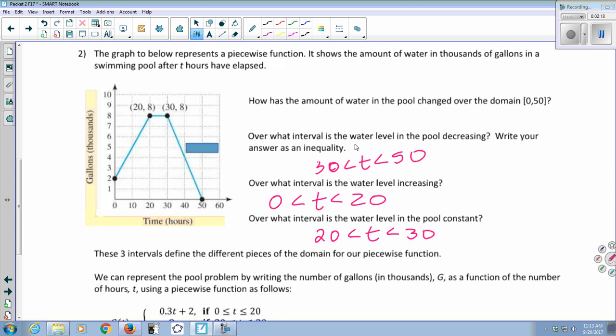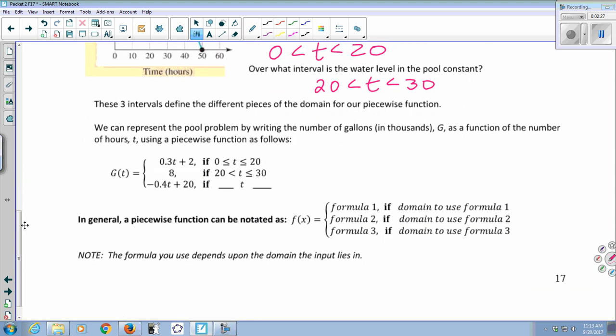We can represent this pool problem by writing the number of gallons in thousands, G, as a function of the number of hours, t, using a piecewise function. So this is our standard notation for a piecewise function. You have G of t or f of t or whatever the name of the function is equals. Then you put one big curly bracket, and then you list all of the different formulas that might describe your function. So we found these formulas in the preview exercises: 0.3t plus 2, 8, and negative 0.4t plus 20. And then you add "if" next to each formula, and you give the interval on t for which that formula